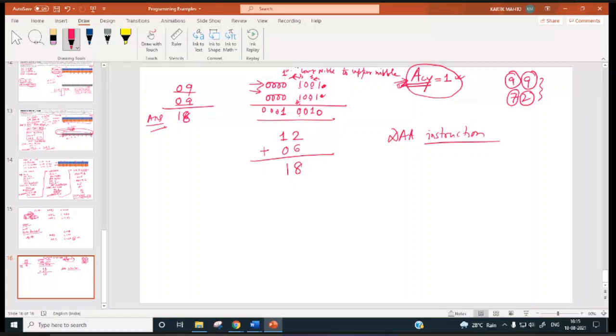So if we add 09 and 09, the result has to be 18, but the result is coming 12. Now in that result, if we add 06, then it is coming 18, right?